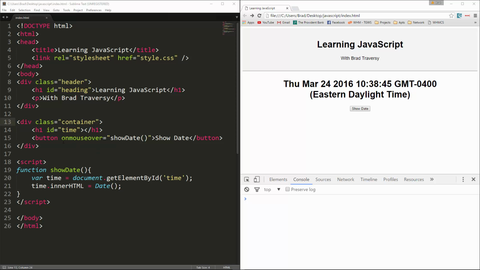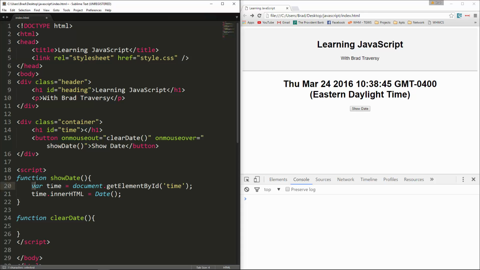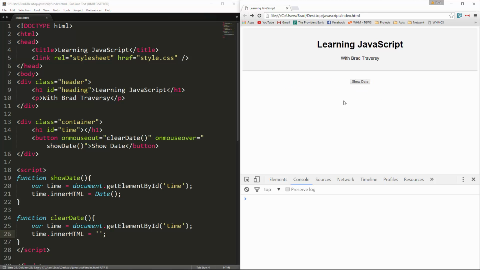Now we also have one called on mouse out, so let's attach that. So on mouse out we'll set to a function called clear date. And then down here we'll create that function. What we'll do is we'll take this whole thing and set time.innerHTML to nothing. Alright, so let's save that, reload,